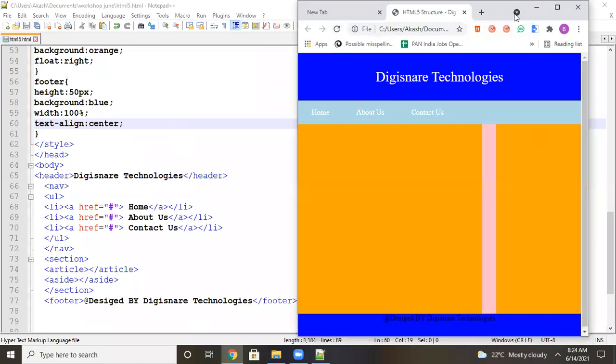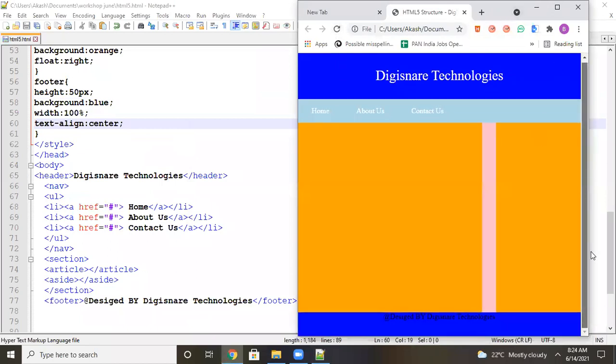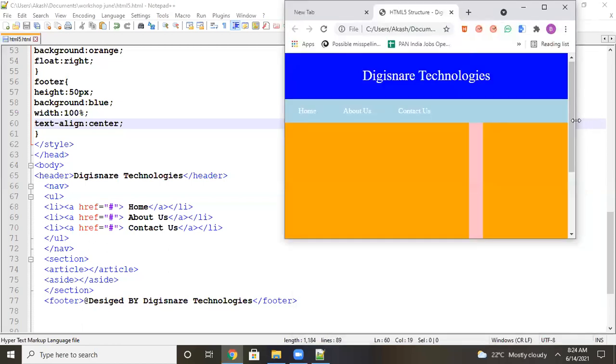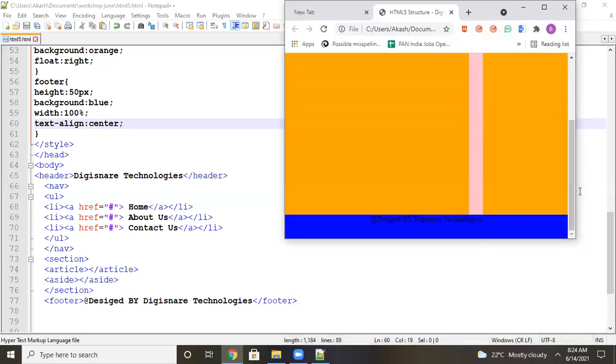Let's see. Now this is your layout. I will make it a little smaller, then you get an idea. Here I will bring this text to the middle. It's not in the middle.